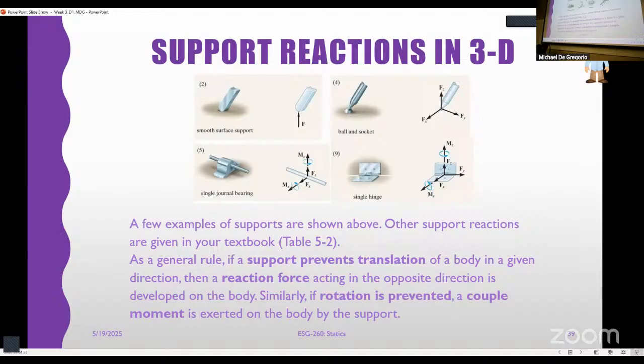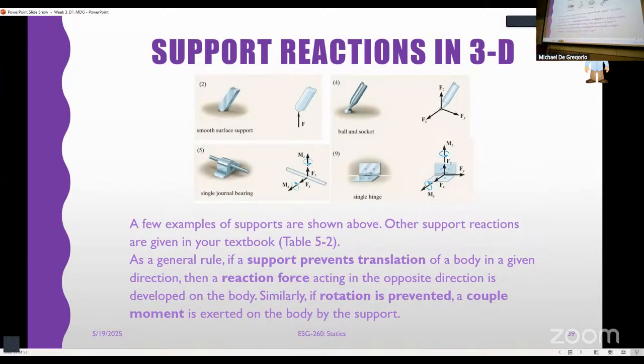Guess what? There's a table for this in your book also, which you can use. It's table 5.2. It's after table 5.1. An aside: I once had a student ask me, I can't find figure 2.11 in the textbook, and they were looking in chapter 3. The first number tells you the chapter in the book that the figure or table comes from, and the second number tells you the order in which it appears.